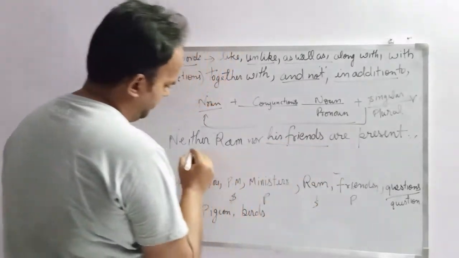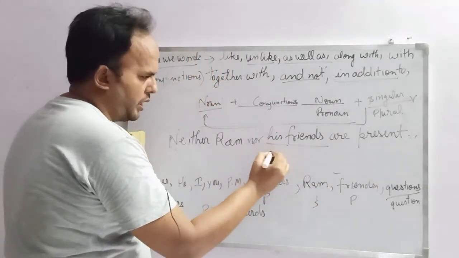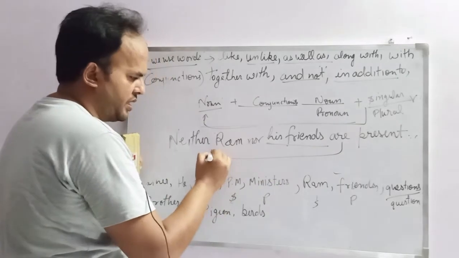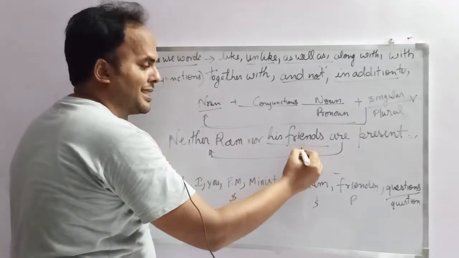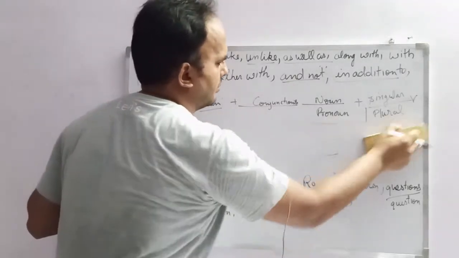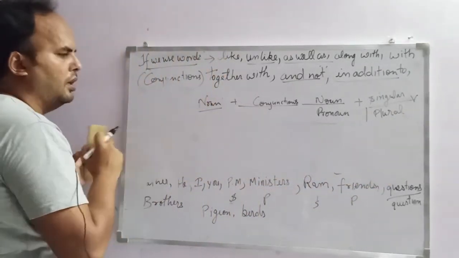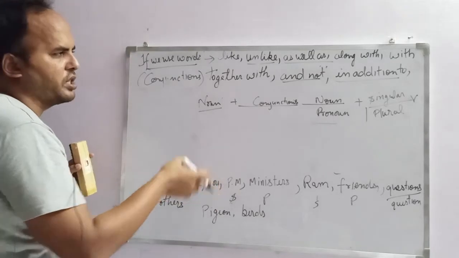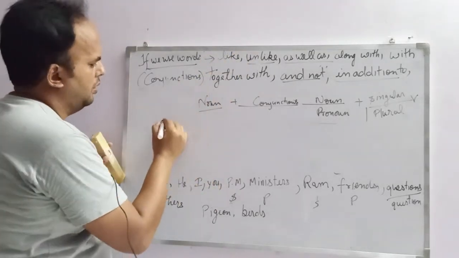See this. We are not using the verb according to the first subject, we are using it according to the second, the nearest one. But in conjunctions, neither nor is also a conjunction, but the conjunction like over here, my father,